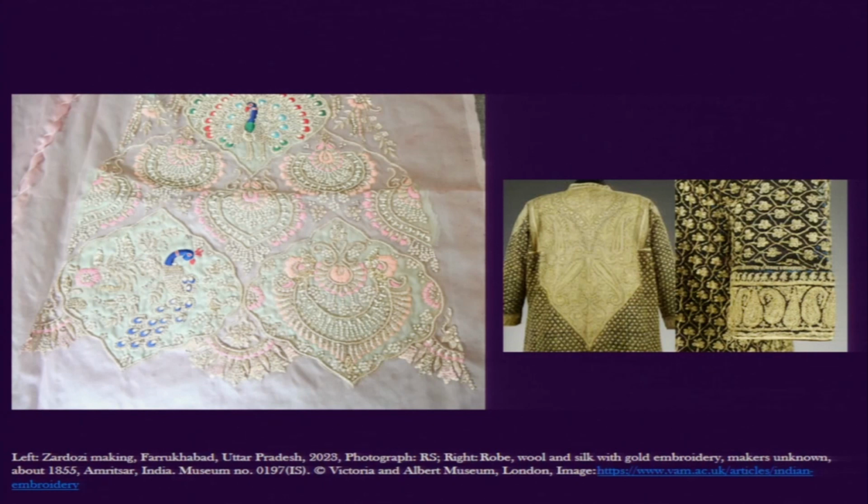Even in this imagery we can see that it's not just the gold or metal-wrapped thread, or zari, that is used, but also additional material. For example, as I have already mentioned, precious or semi-precious material is also added with it. That is the reason it creates this low relief kind of presence. The figures and all the motifs which are created do not stay on the same level as the surface, but are always projected out of the surface, so it gives this three-dimensional quality to them, something we find in Zardozi fabric as a prime characteristic feature.